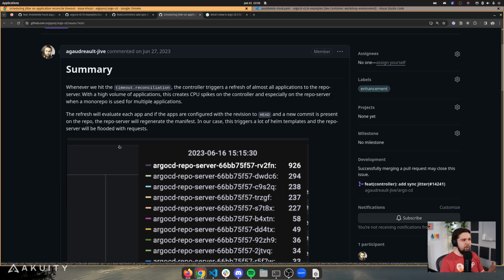Now, each refresh will evaluate the app, and if apps are configured with the revision HEAD, i.e. the tip of the main branch, and a new commit is present on that repo, the repo server has to regenerate the manifest for all of those applications, which is the most expensive operation that it can do. Running Helm and running Kustomize requires a lot of compute. So in the case of this user, it triggers Helm templates on the repo server, and then it's flooded with